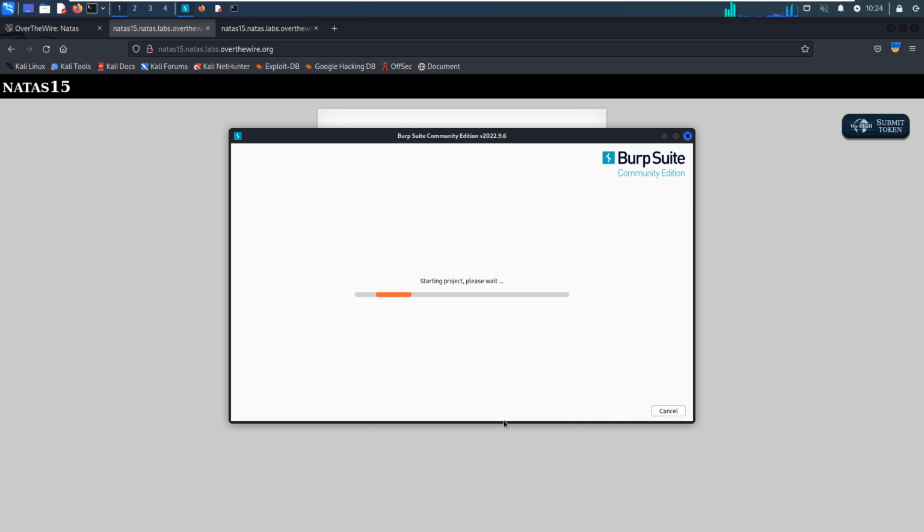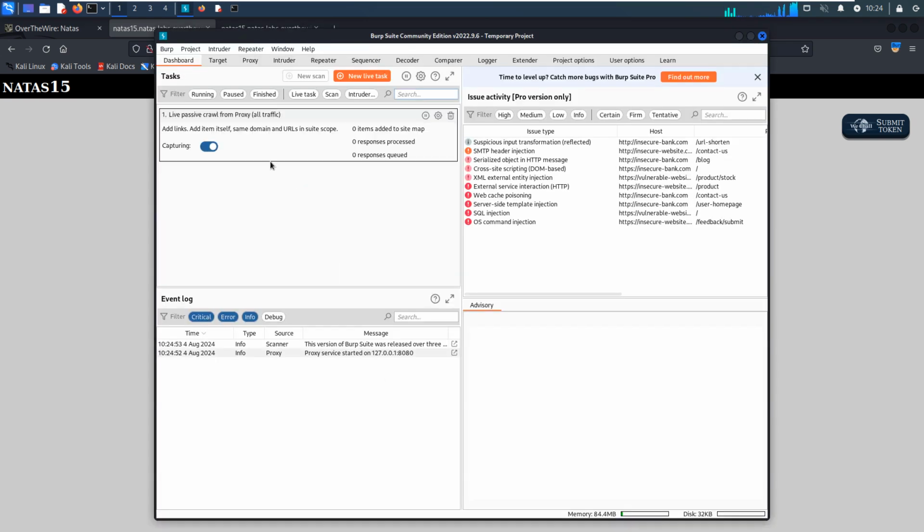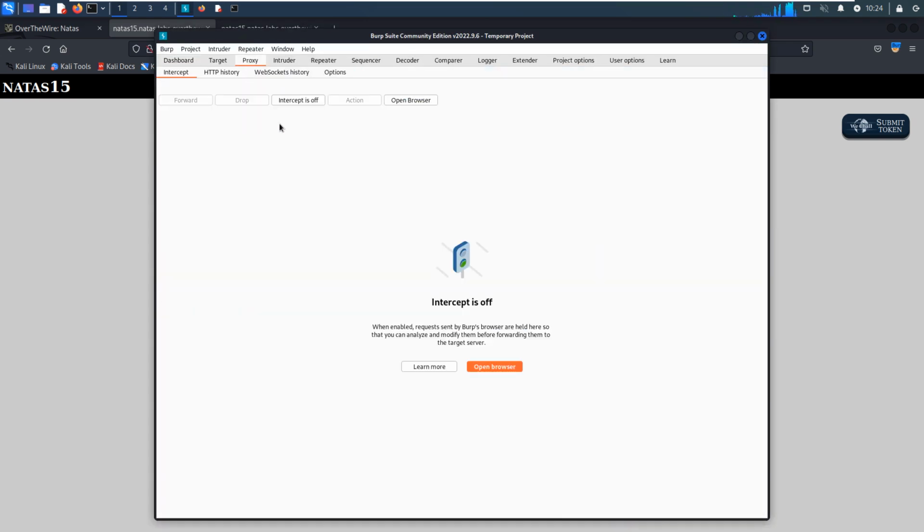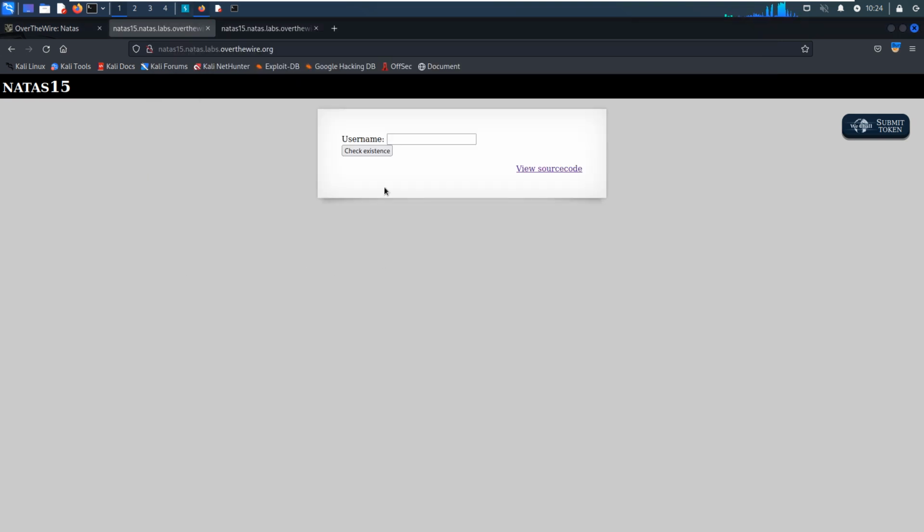Next, start. Then we can make sure the intercept option is on, and then put anything like admin and check existence.